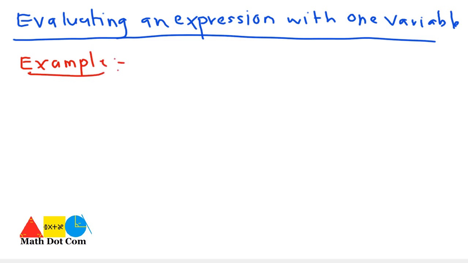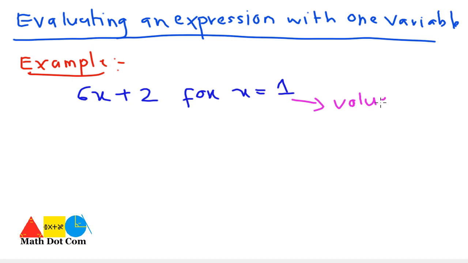We have an expression to be evaluated: 6x plus 2 for x equal to 1. Now 1 is the value and x is the variable. In evaluation we use a value instead of the variable, so that's why we have been given the value of the variable here. So we will put this value